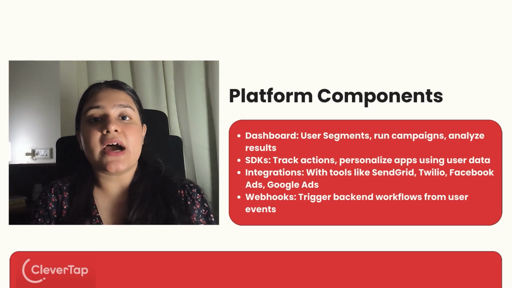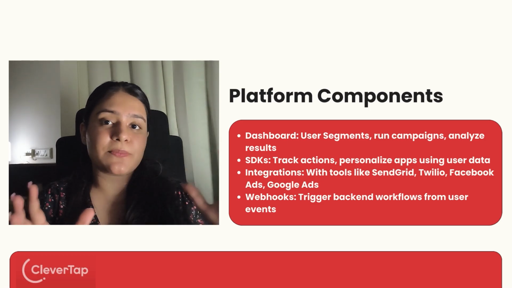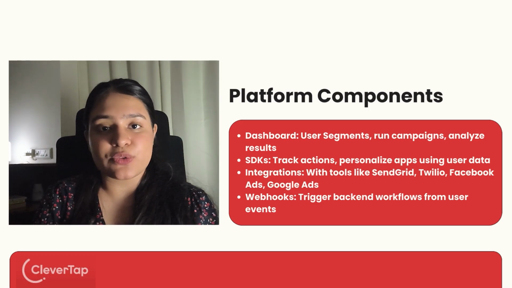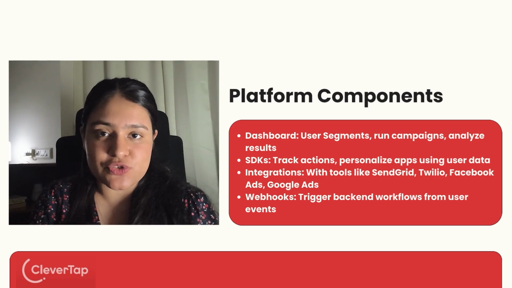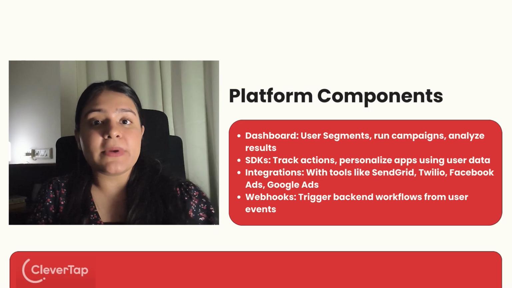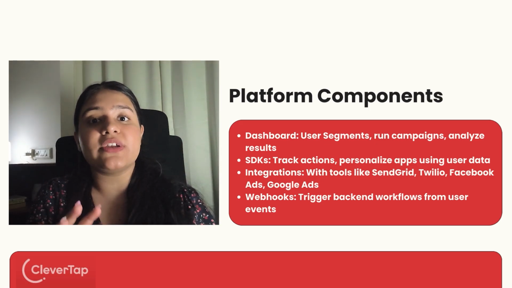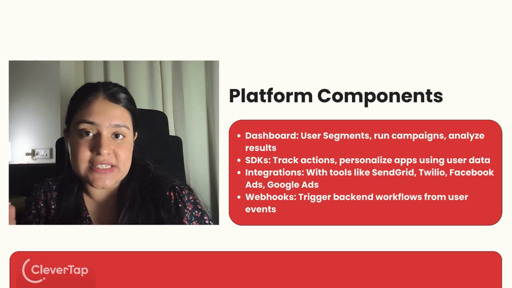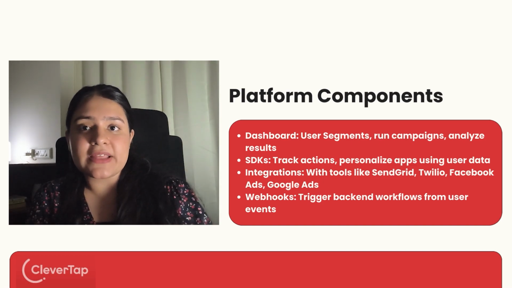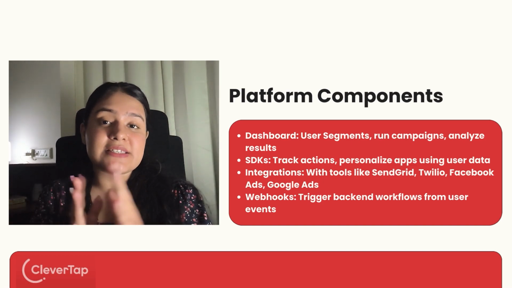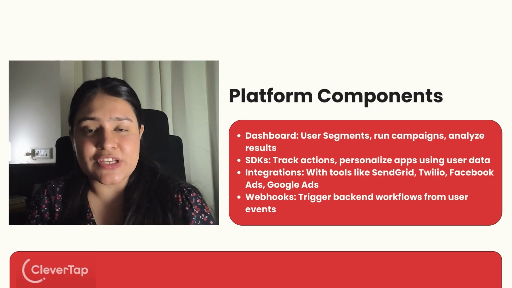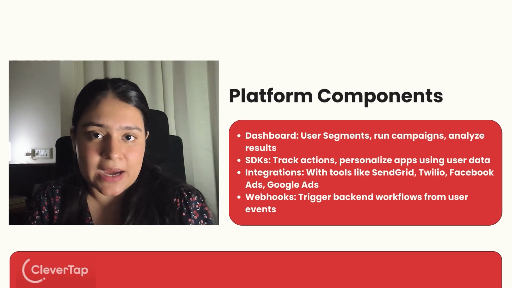The CleverTap dashboard basically allows you to segment the users based upon their behavioral patterns, build targeted campaigns around those segments, and send them personalized messaging as I discussed earlier. The CleverTap SDK also allows you to make changes inside your app without interrupting the UI and the user inside your app. It's an amazing feature for product marketers. Let me explain this with an example. I'll create a separate video on these whole marketing channels, but this is a very amazing feature, so I'll explain it right away with a short example.